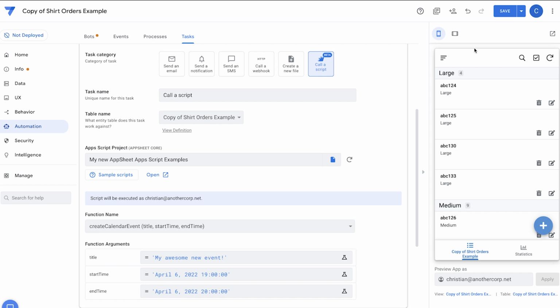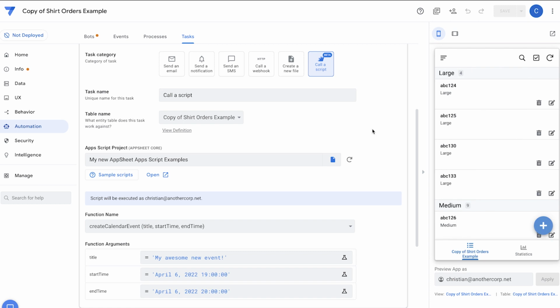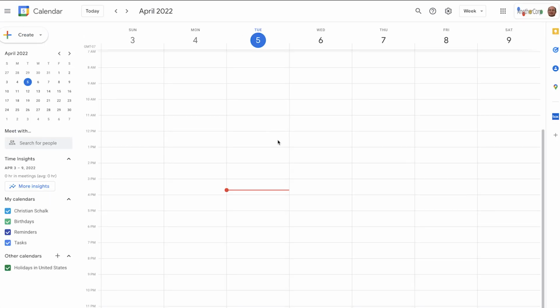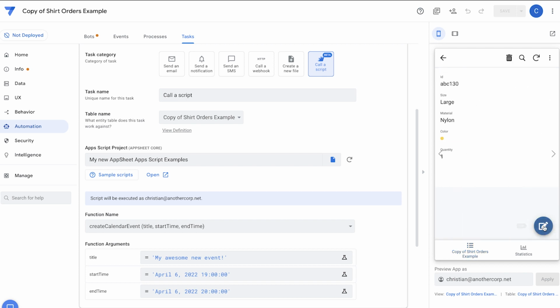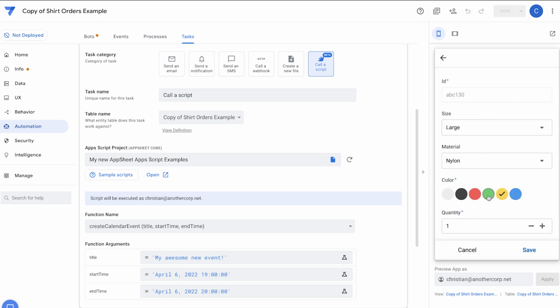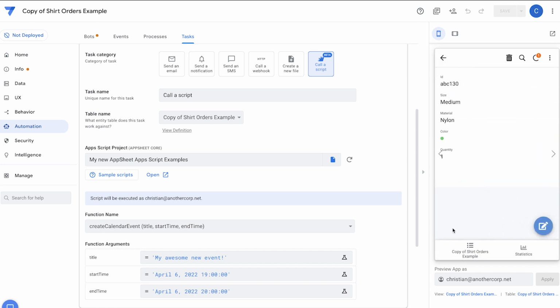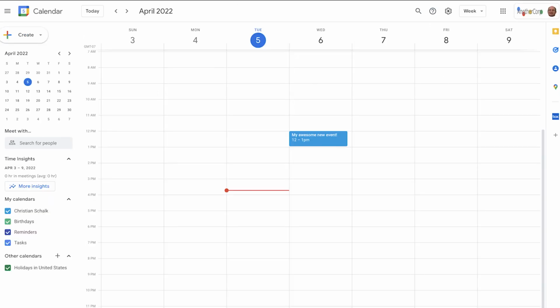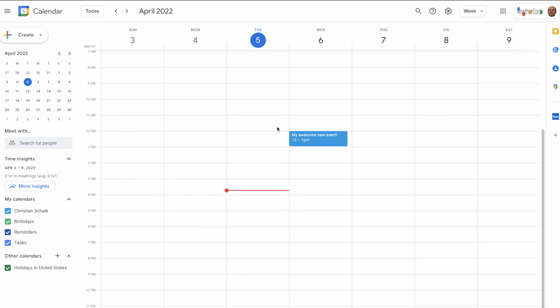Now I have my new call to one of the example functions, which creates a calendar event. I happen to have my Google Calendar right here, and there are no events, so we're good to go. I can go back to the AppSheet app and click on one of my records to trigger the automation. All I have to do is change some of the data as before. I click Save, and that triggers the automation. Let's go over to my calendar, and there we go. We have this new awesome event scheduled for tomorrow. Cool, that was easy.